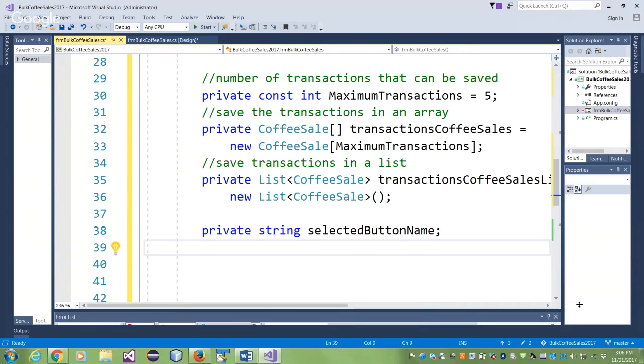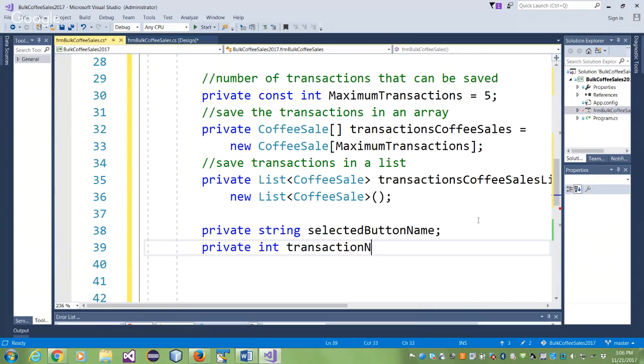So I'll keep the name of my button that you select. I only have 3, so it's not a big deal. I could have used a nested if. But if I had 10 or 20, or if there were choices, it's just easier to do it. So I've used the button type before. I've already done an example. So this time I just kind of went with using the name. And of course, the transaction number